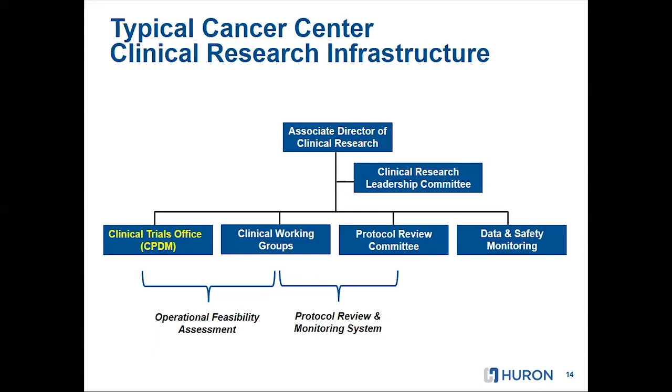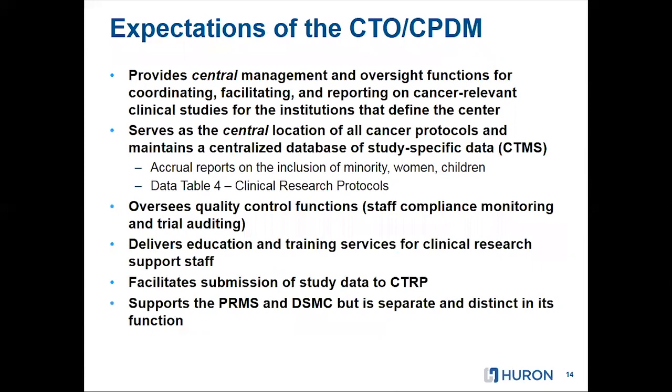Today's webinar is going to zero in on the CPDM component. Future Huron webinars will be focused on these other components. The CCSG guidelines articulate several expected services for the CTO or CPDM component. These include providing central management and oversight functions for coordinating, facilitating, and reporting on cancer-relevant clinical studies for the institutions